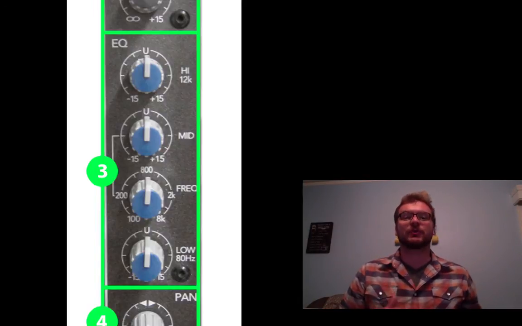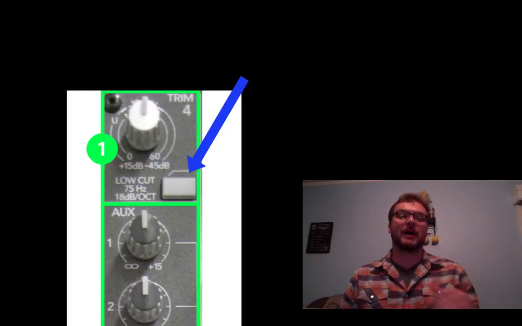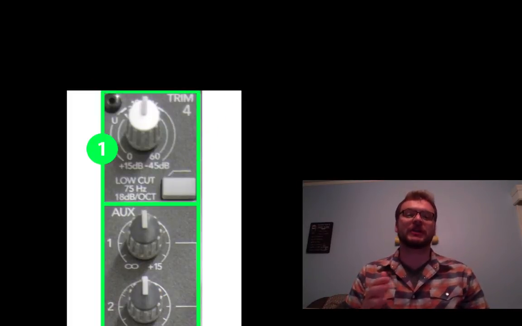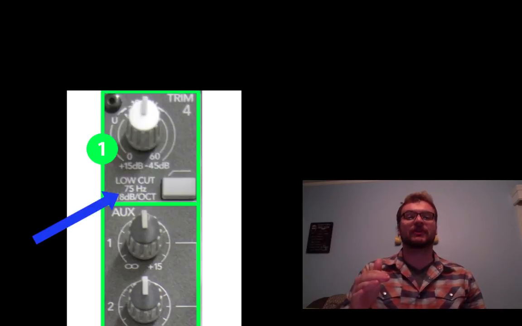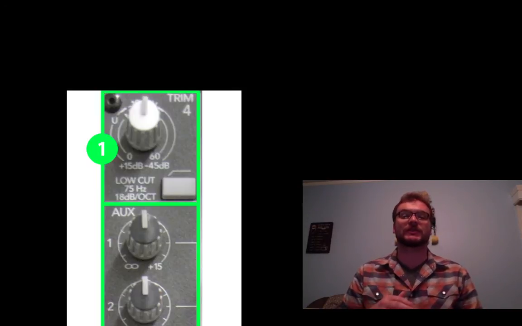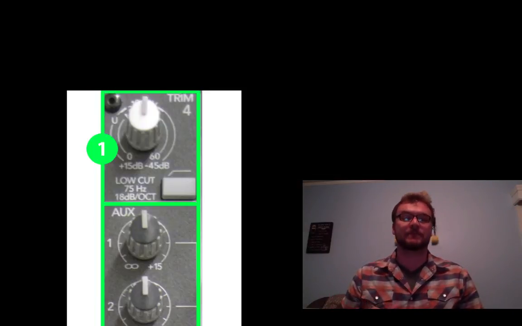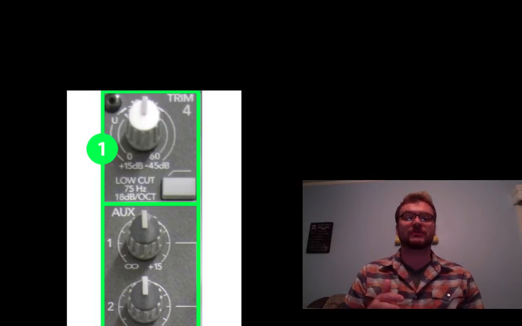The last feature with EQ is the cutoff button found at the top by the gain or trim knob. We see here that the button cuts the frequencies from 75 Hz and below. This button is helpful in clearing up the sound because with instruments like the hi-hat or vocals, you won't need to use these frequencies from 75 Hz or below, so we can cut those out completely. On the other hand, we want to keep those frequencies in the channel for instruments such as the kick drum